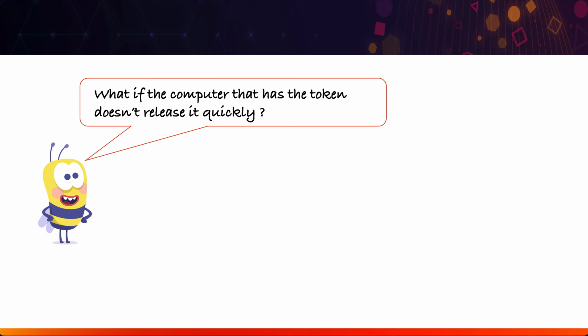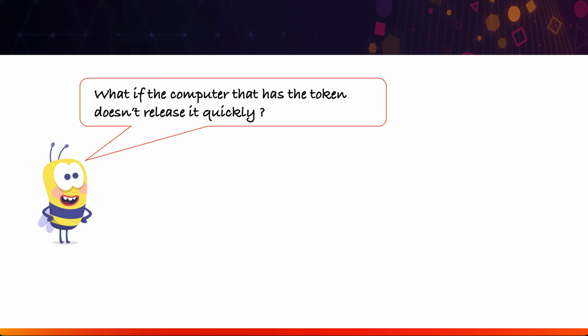Let's say in our example, computer B has taken the token and it is sending traffic. And let's say that it doesn't release it quickly enough, right? And now let's say that computer C or D also have data to send, but they don't have the token. They are just waiting for B to release it. B is not releasing it. Either it is misbehaving, it has a problem, or there is a software bug because of which it is not releasing the token. Whatever happens,